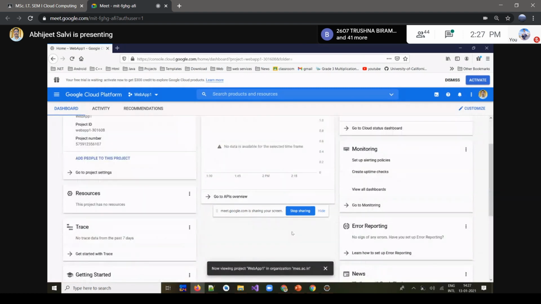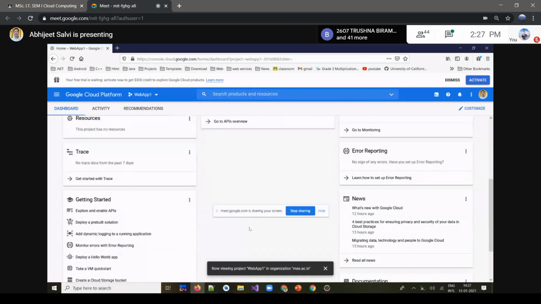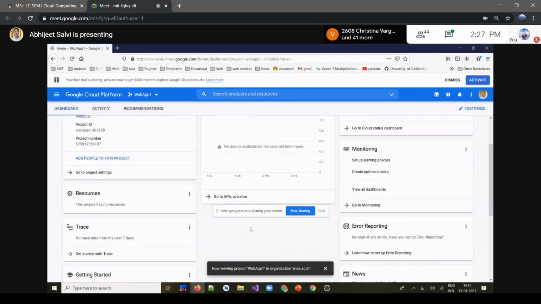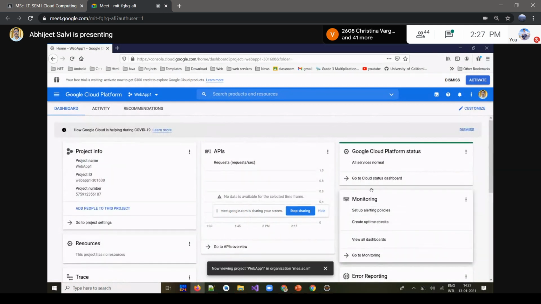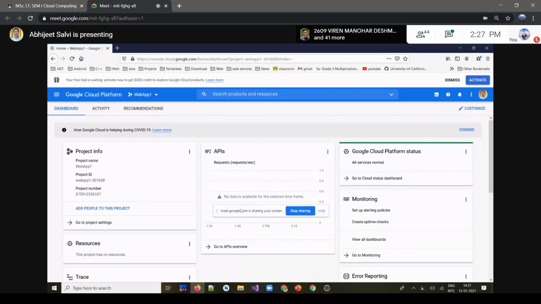We'll get a number of services dashboard over there with monitoring and all those things. We'll leave it as it is because we are not focusing on all the services together. Initially we'll just try to understand how we'll integrate our application in this Google App Engine.